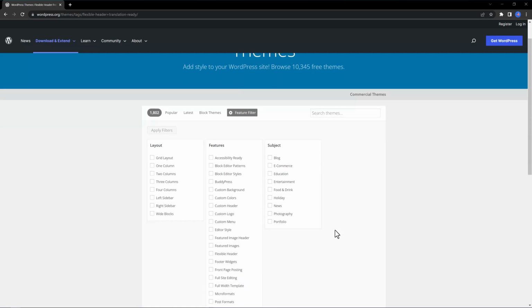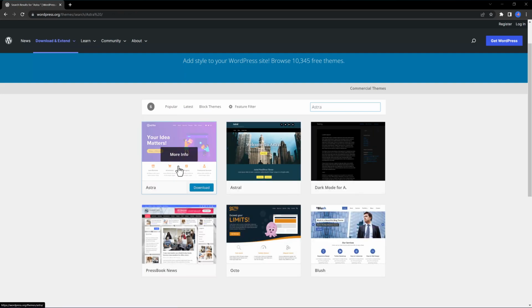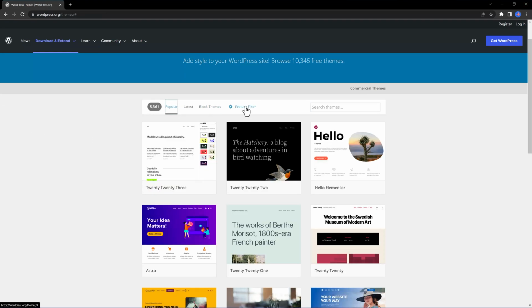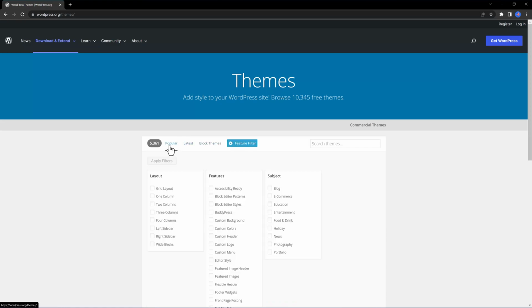If you know a theme by its name, you can use the search field. For instance, I search for Astra and there it is. This option helps you find the theme you are looking for. At this point, you certainly have an idea if you want your site to have one column or multiple columns. A grid is a web page layout arranged in columns and rows. You can search by popular,